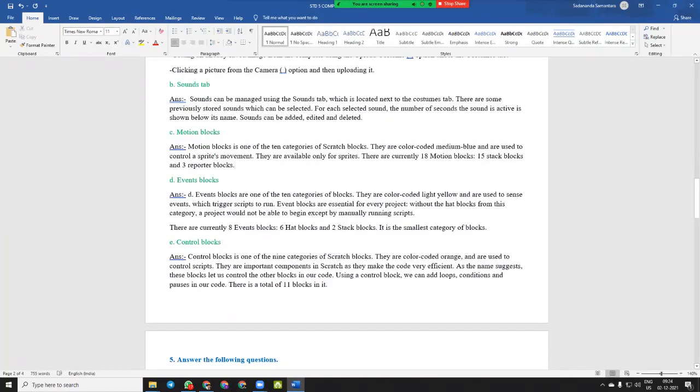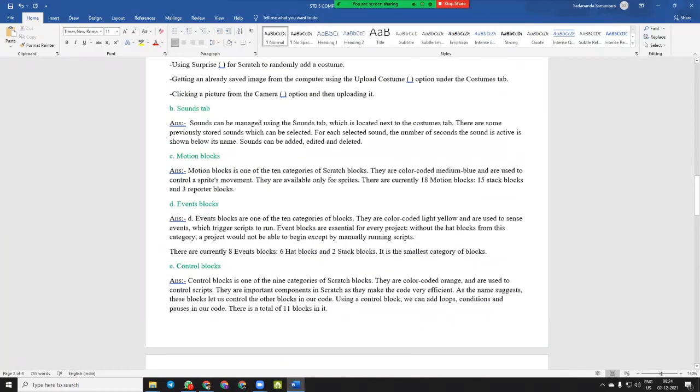Now, let's go to question number E, control blocks. Control blocks are one of the 9 categories in the Scratch blocks. They are color coded orange and are used to control scripts.